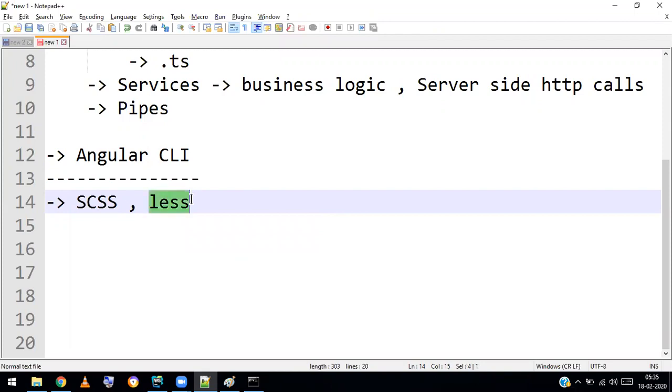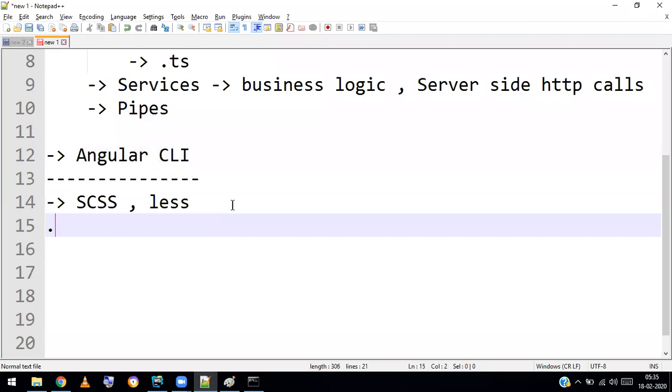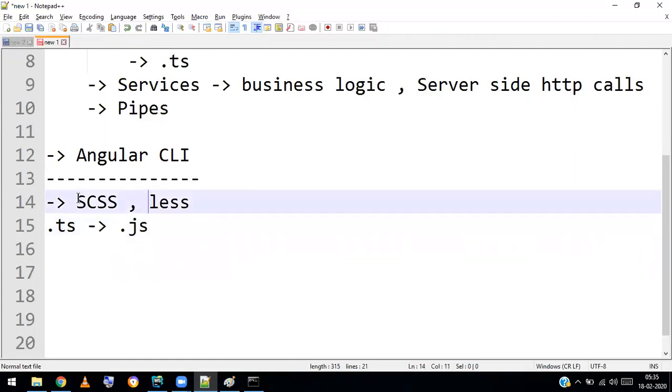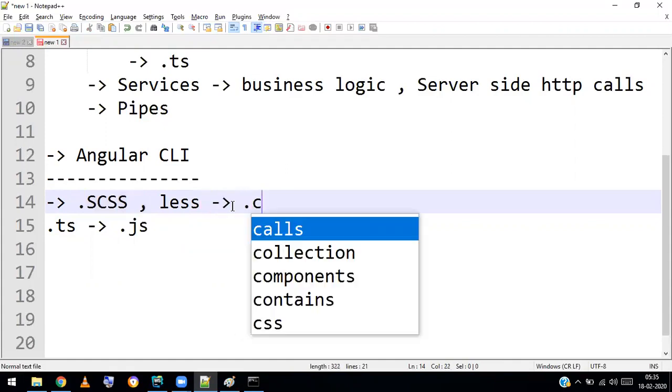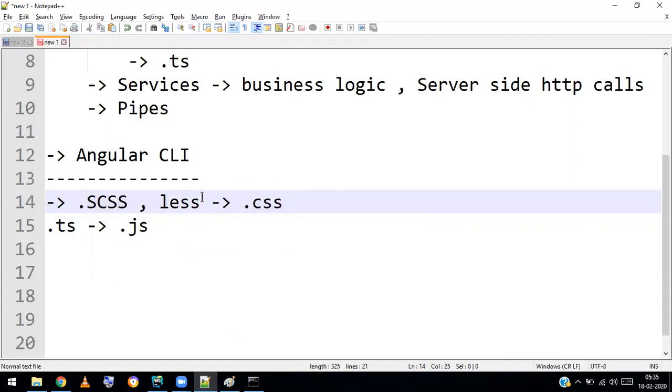This is another way of writing style sheets. Generally, we have TypeScript, .ts, which you compile and it generates a .js file. Same like that, this is another way of writing styles. There will be a .scss file, and once you write styles and compile it, it automatically generates the .css file.